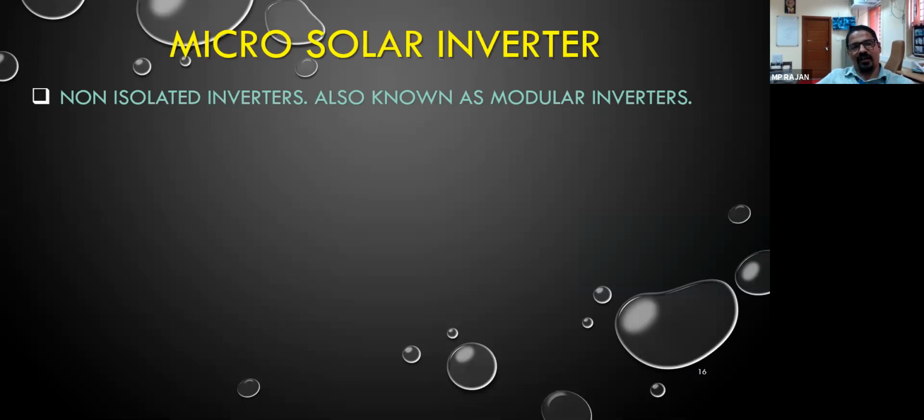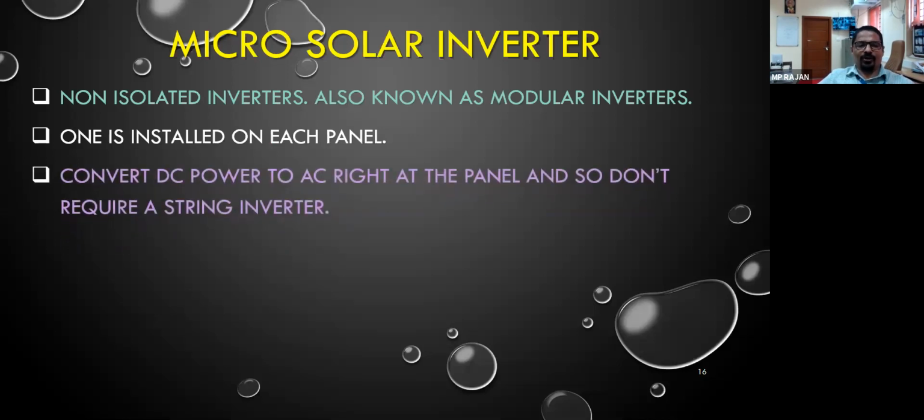आपका हर मॉड्यूल के साथ एक इन्वर्टर होगा. That means it is just like an integrated part of a solar module. So the module will have a small solar inverter. So there is no DC power supply system. The output is immediately connected to your micro solar inverter, and from the inverter the AC supply is going to the distribution board and grid. So that is the advantage. So it can be installed on each panel. हर panel में होती है.